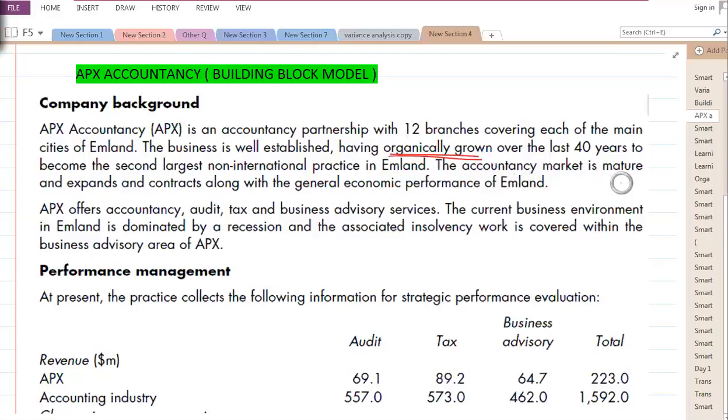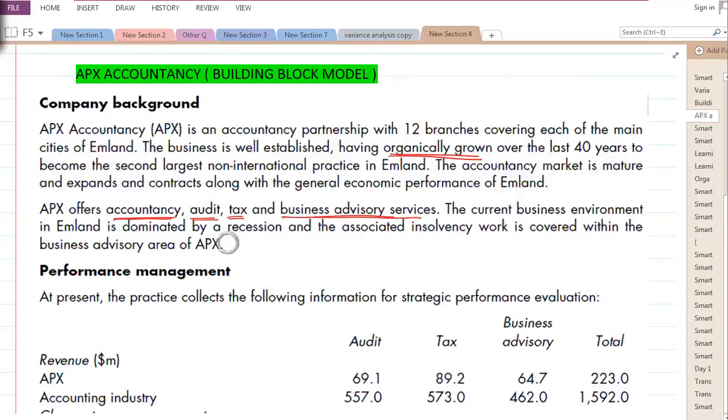Accountancy market is mature and expands and contracts along with the general economic performance in England. Okay. APX offers accountancy, audit, tax, and business advisory service. You have to watch it very carefully because that's what they are offering. They're offering this service, this service, this service, and this service. Business advisory service, taxation, audit, and let's say accountancy, right? That's what they are offering. So of course we need to understand, right? Okay. Now,